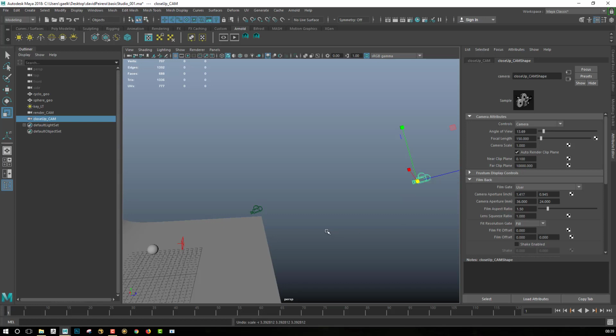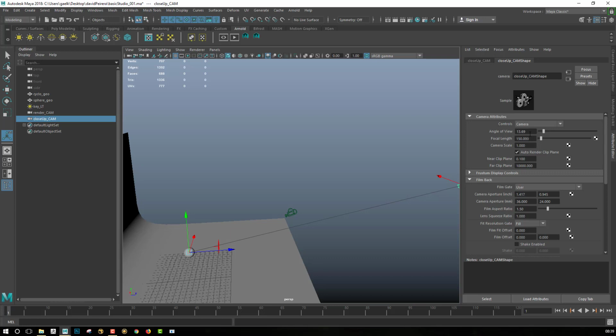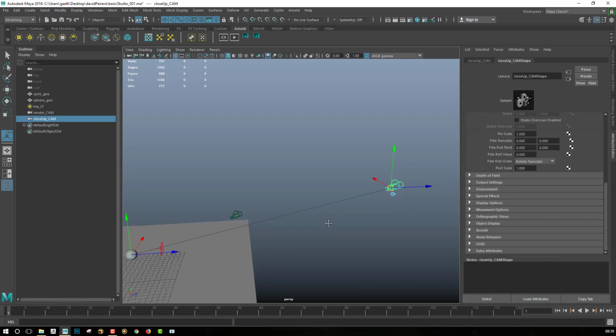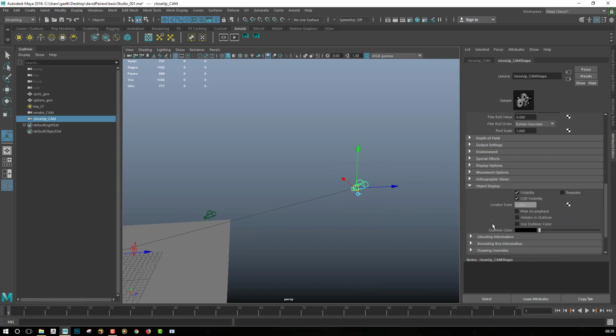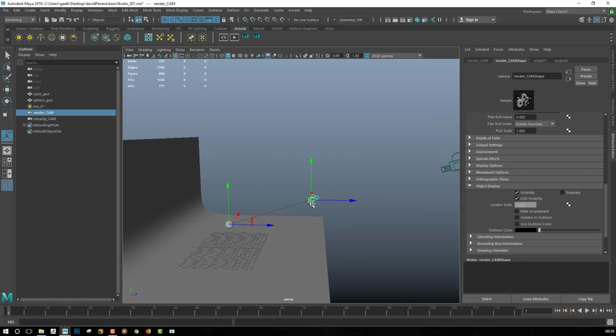Something that you can do that will be really easier and that will not destroy the information in the camera is to just select the camera, then go in the object display here, and raise up the locator scale, so we get something like this. I will just do it at 2 for this scene, and I can do it for every different camera.